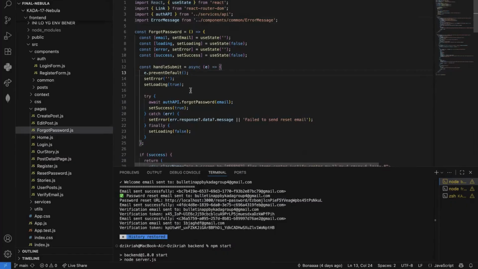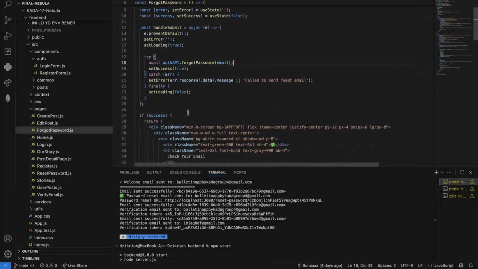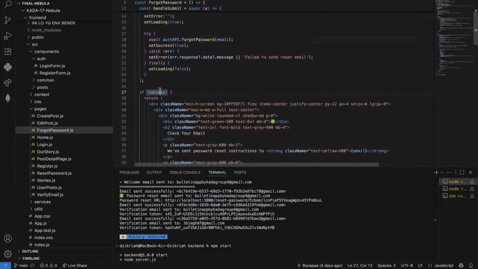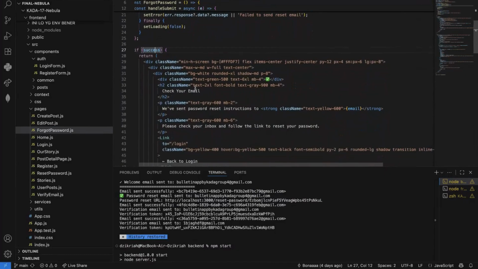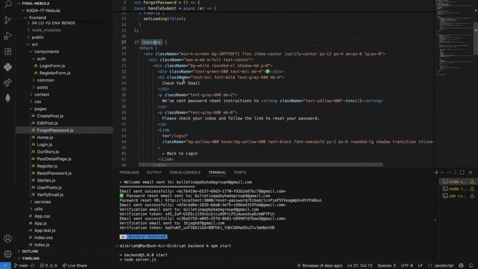And we'll call the backend API with this, the Auth API forgot password email. This is to send the reset to the email. Then if it succeeds, it will set success to true. Then we'll give a notification: check your email, we have sent password reset instructions to your email.